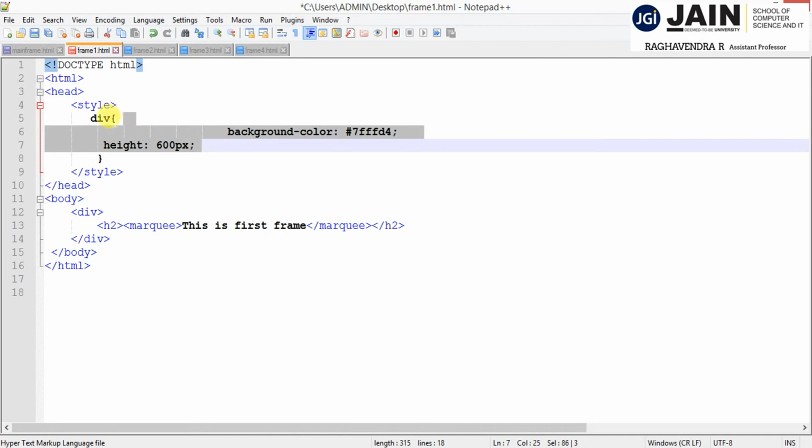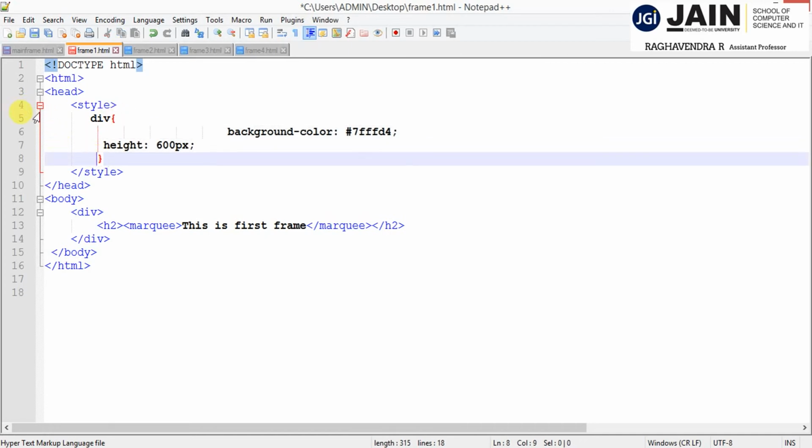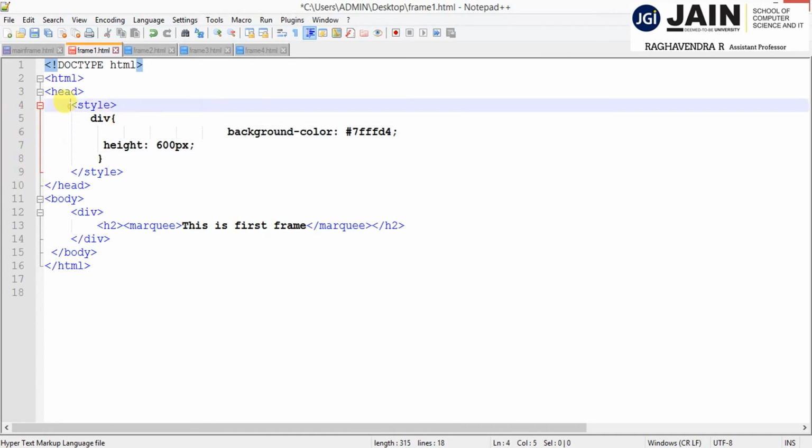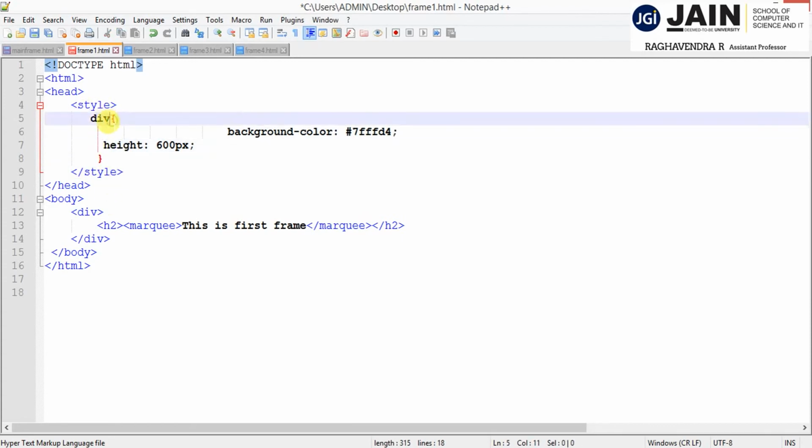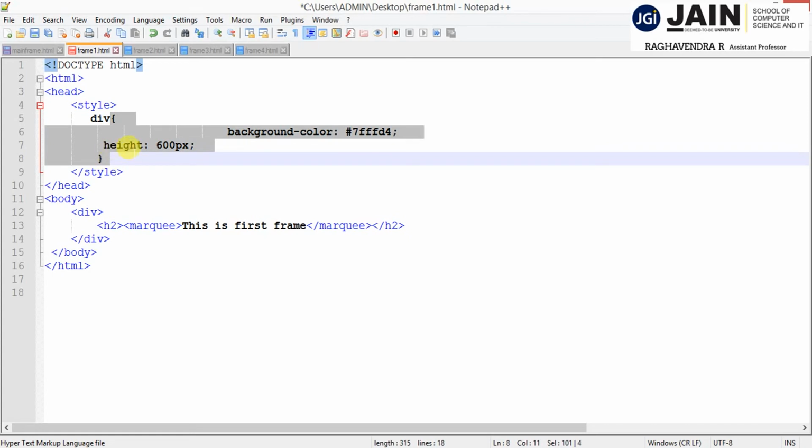For example, from here to here, starting from style to style, is one block, and this is another block. Like that, block by block, it applies the particular style properties to the web page.